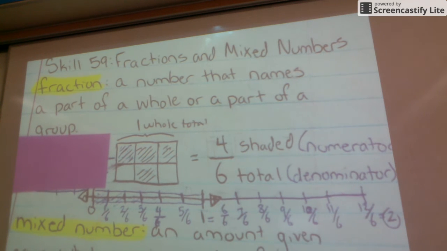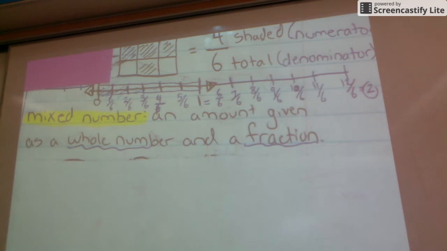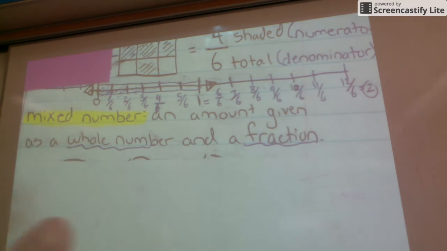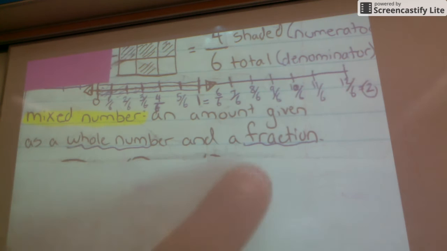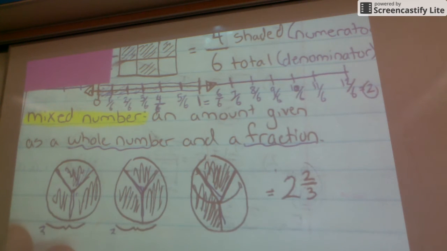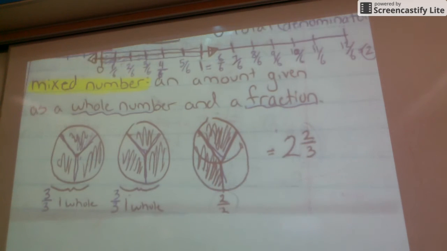So the next vocab that we really need to pay attention to is what a mixed number is. Okay, a mixed number is an amount given as a whole number and a fraction. So a whole number, so that means we have one whole piece and then a little bit of a piece left over. So like this, we can tell that by this fraction that we have,